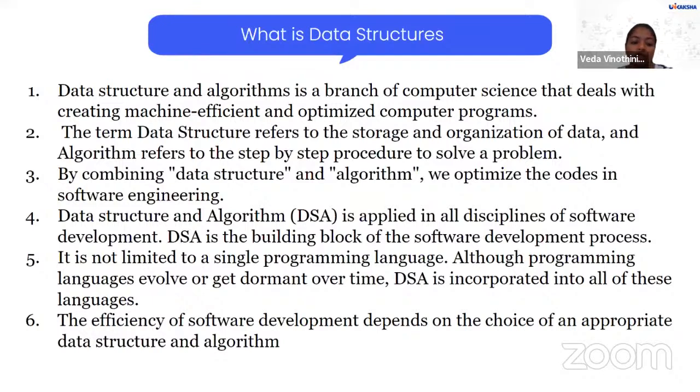Okay, so first of all, the basic line of what is data structure is, you are just having data, and then you want to structure that particular data, and how you are structuring it. So answering that particular question, there are plenty of structures that come in. There are two types of structures: one is the non-linear data structure, and another one is the linear data structure.